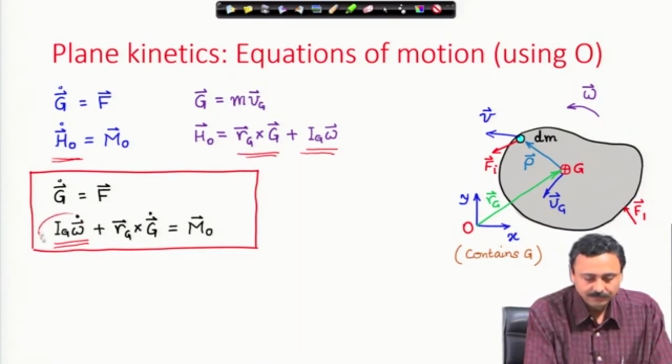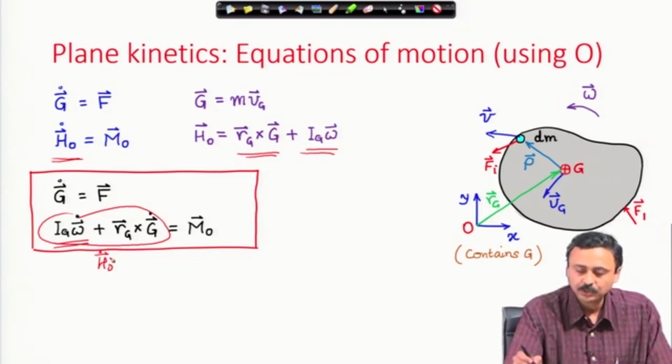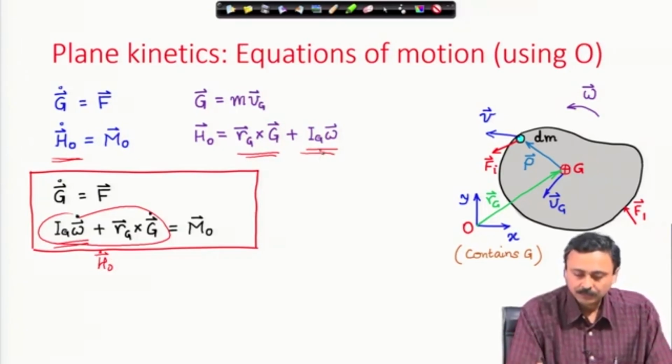This left-hand side is nothing but H_O dot. Therefore, I have I_g omega dot,